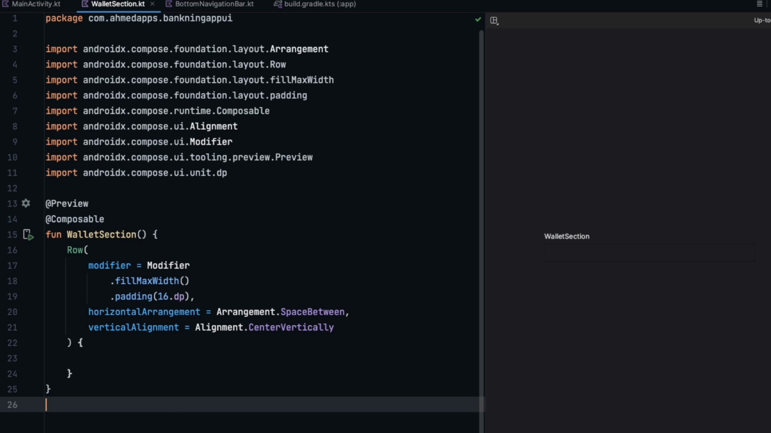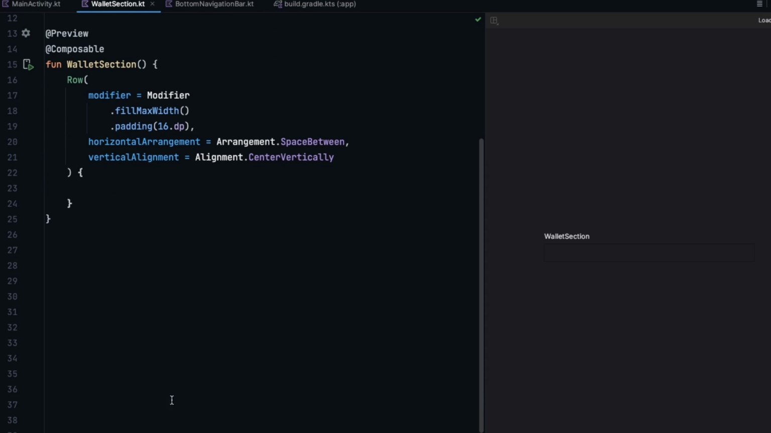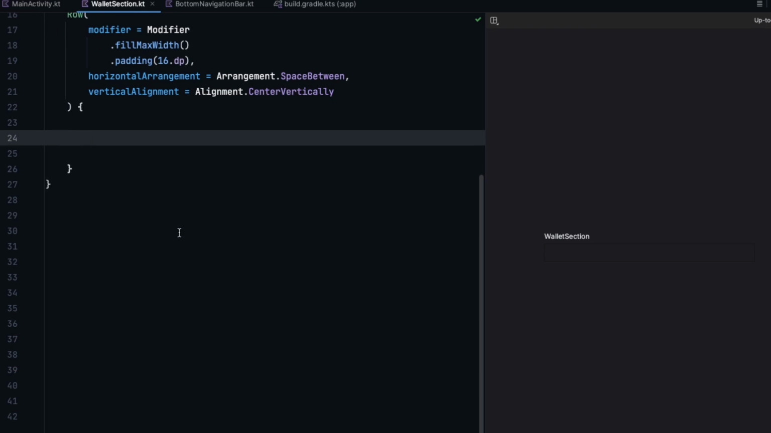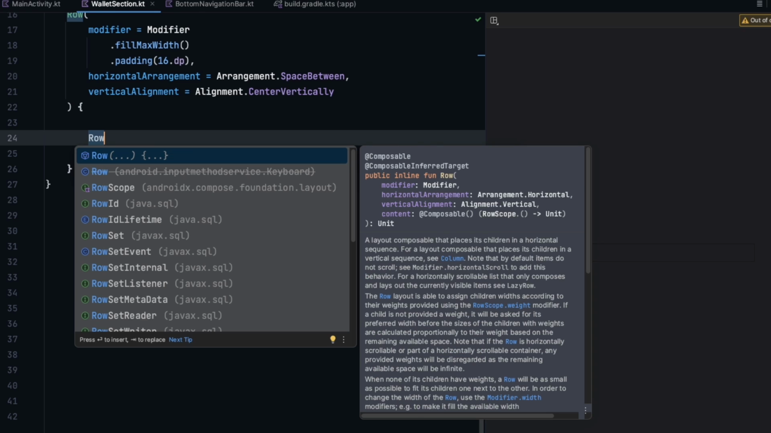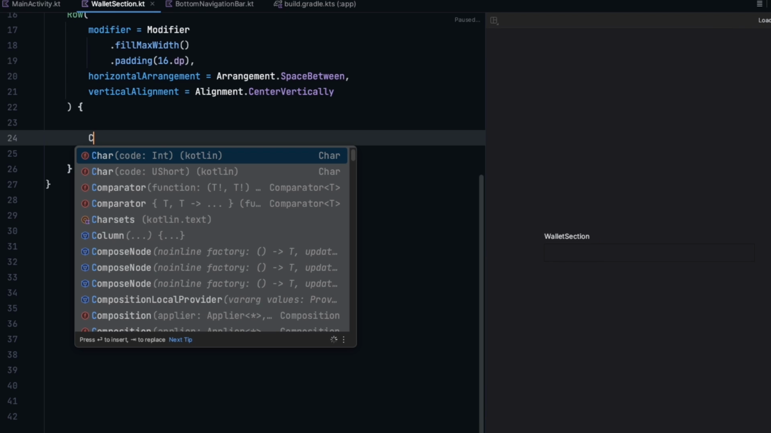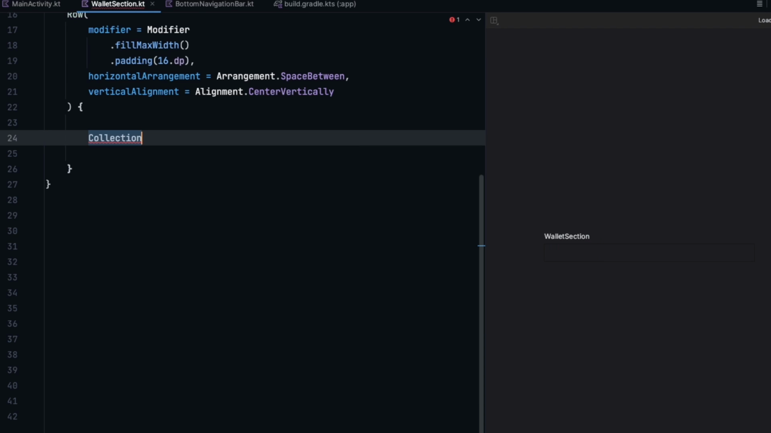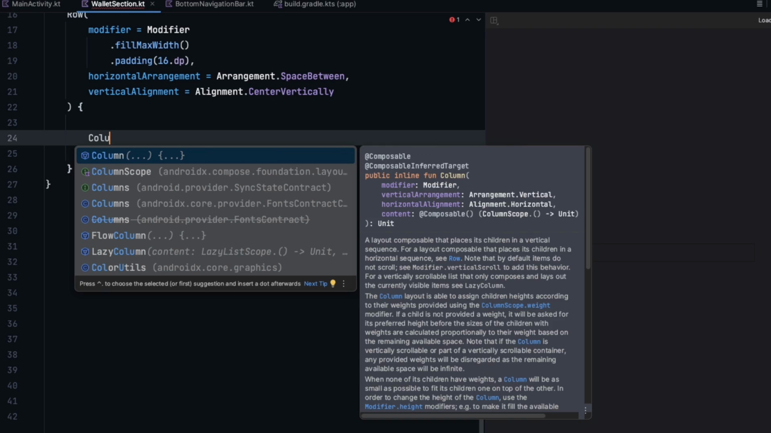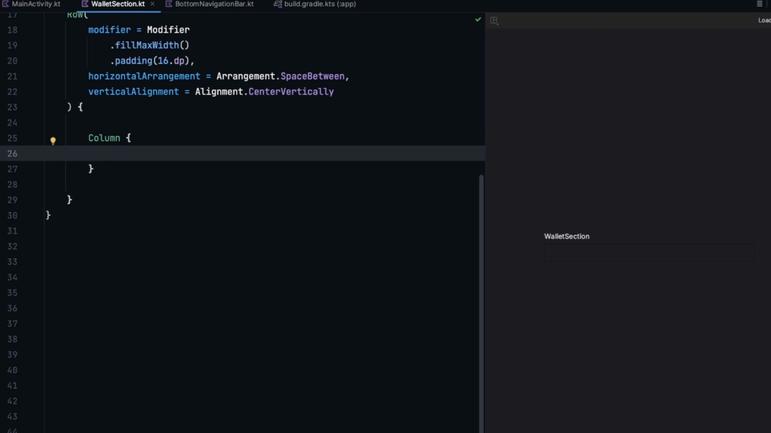Now let's create a little bit of space down here, and then let's create our column that will hold the two texts, the wallet text and then the balance text. So column, oops, what is that? Column, our column won't have any modifiers, so we'll just have a text inside it, and the text is going to be wallet,